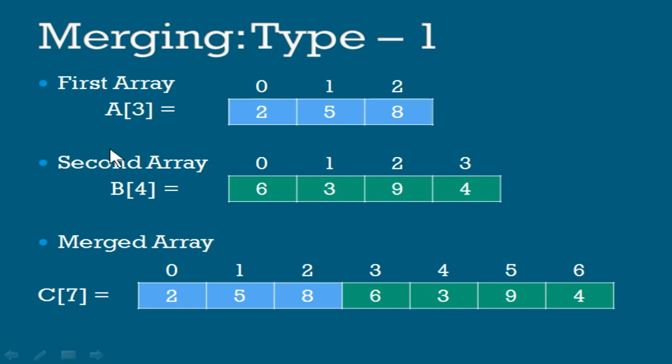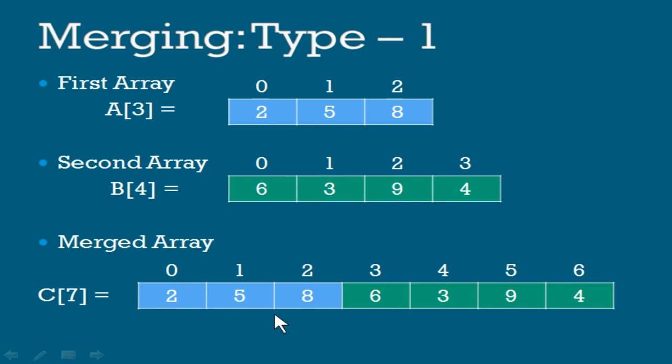You have three arrays here. The first array is the A array, which has three elements with position values 0, 1 and 2. The second array is B, which has four elements with position values 0, 1, 2 and 3. Now you have a merged array, that is the C array. You have to create a C array by adding the subscript values of A and B. A has 3 elements and B has 4 elements, so totally you should have 7 elements in the C array so that it can occupy the elements of both arrays in the resultant array.